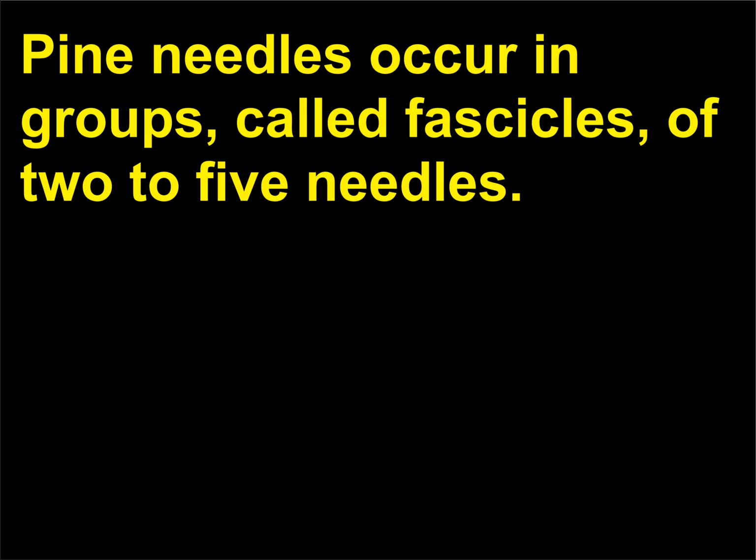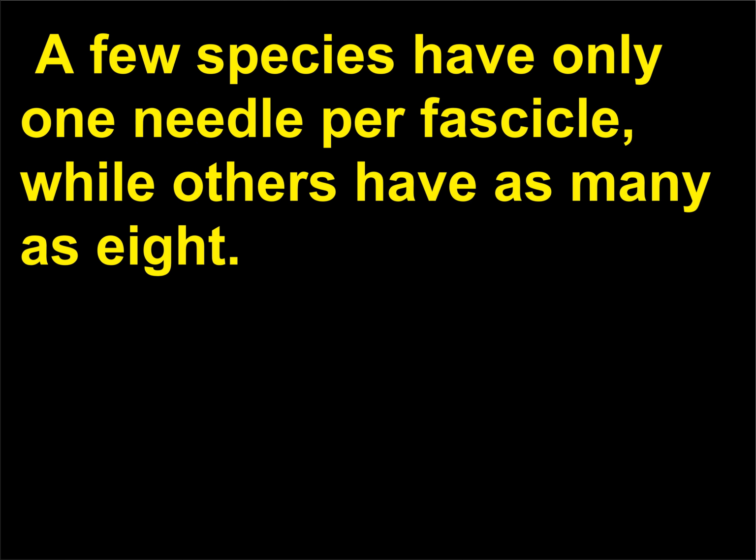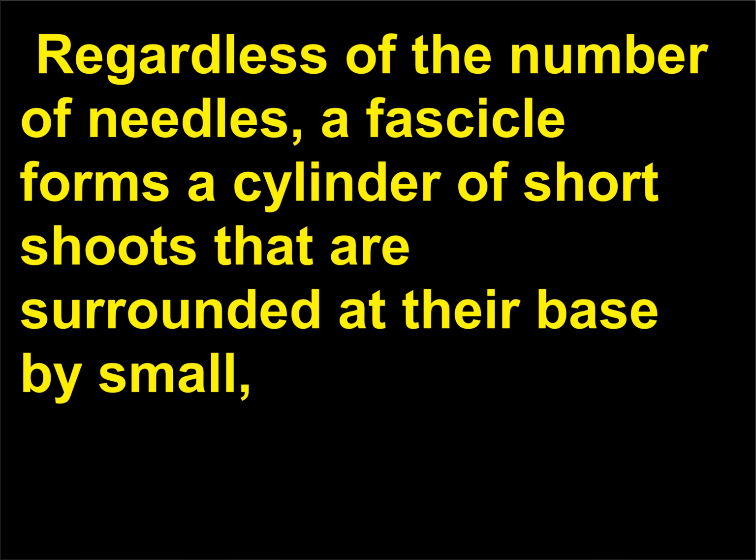Pine needles occur in groups, called fascicles, of 2 to 5 needles. A few species have only one needle per fascicle, while others have as many as 8. Regardless of the number of needles, a fascicle forms a cylinder of short shoots that are surrounded at their base